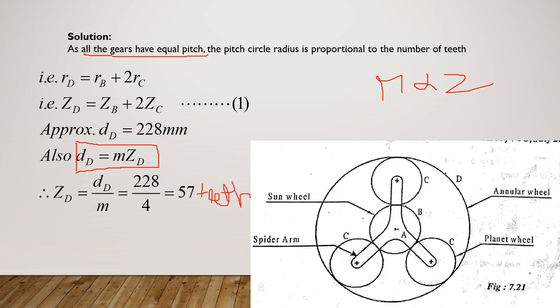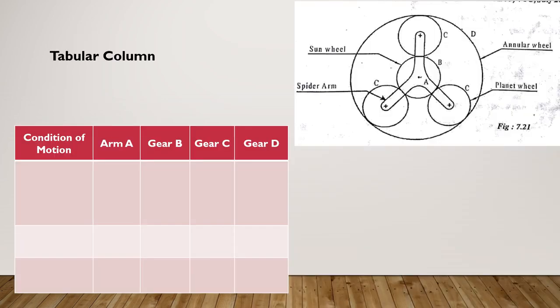So this is approximate, not exact, because the diameter you have taken is approximate diameter. So the answer you are going to get is approximate. For the time being, we will take this as the number of teeth in D to solve further. So we will keep this as it is. We will go to calculate the